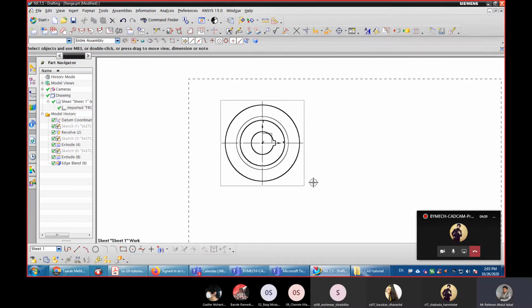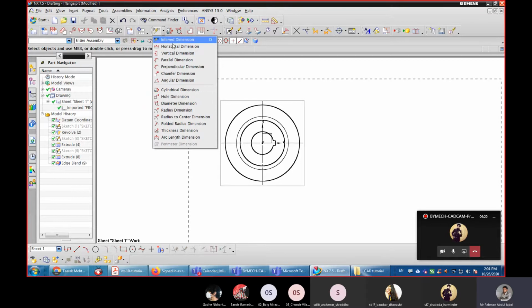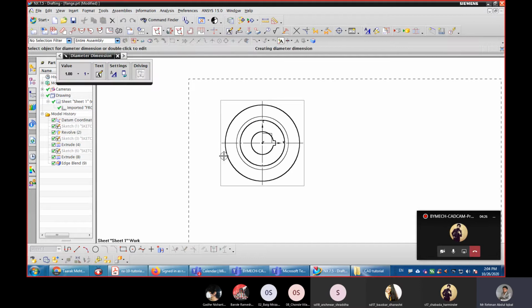And as we have already modeled it, we just need to assign the dimensions. So you can select invert dimension or you go to the specific dimension. So you want to give diameter dimension, just click it, click the outer circle and the dimensions will be assigned.